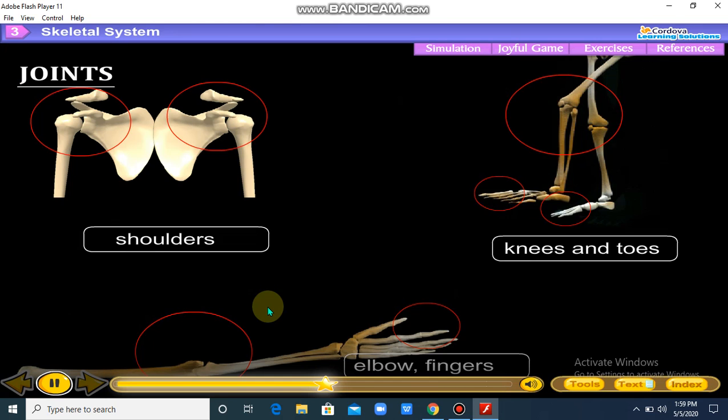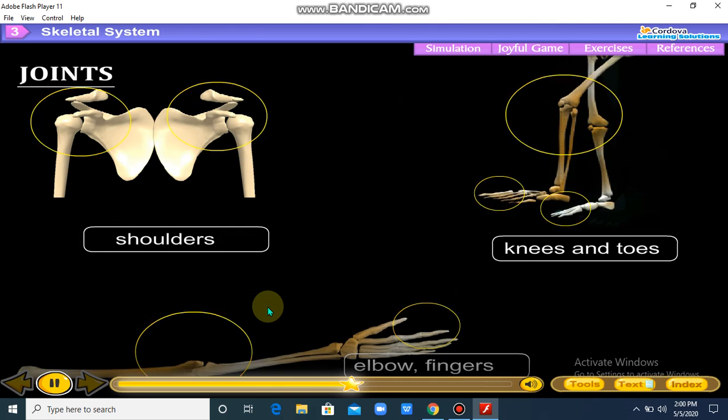Joints. The place where 2 bones meet is called a joint. The bones are joined together by strong tissues called ligaments. Joints may be movable, that can move freely, or immovable, that do not allow any movement between the bones. All the joints except skull are movable. Bones move smoothly at the joints because of the presence of a fluid which acts like a lubricant. The bones of skull do not allow any movement because they are interlocked.